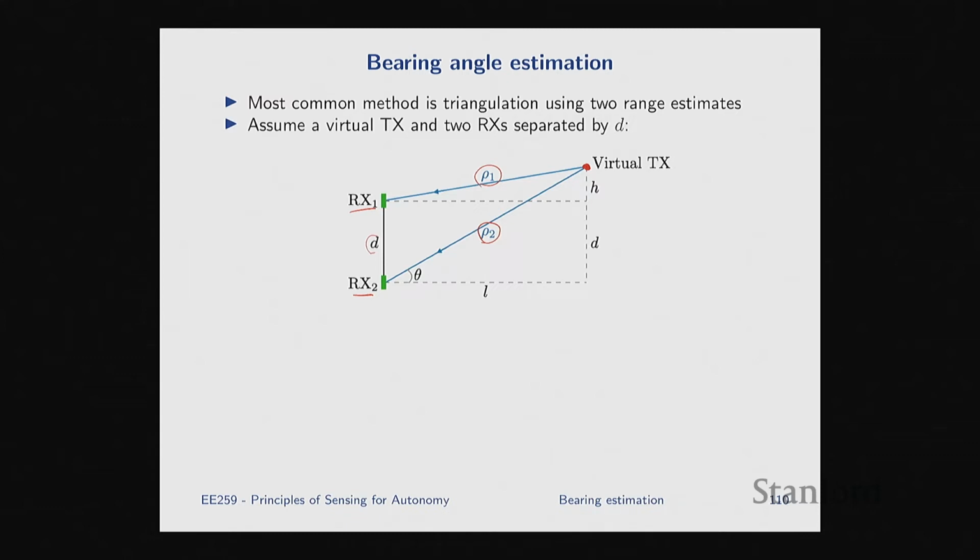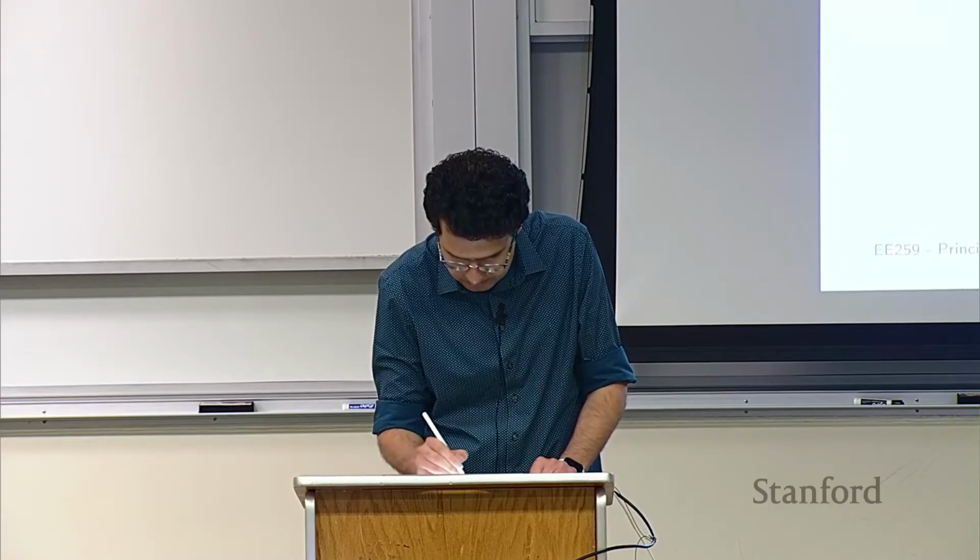And now the DOA estimation problem is, what is this angle theta relative to, say, RX2, and that is the DOA to the actual target, because we know the DOA to the virtual TX is equal to the DOA to the physical target. But now we have a very simple geometry to solve here. We have multiple triangles, but if you look at this one first, that I highlight in green,